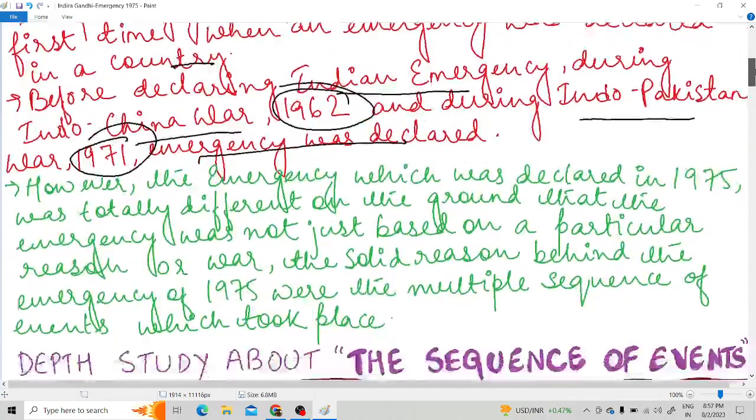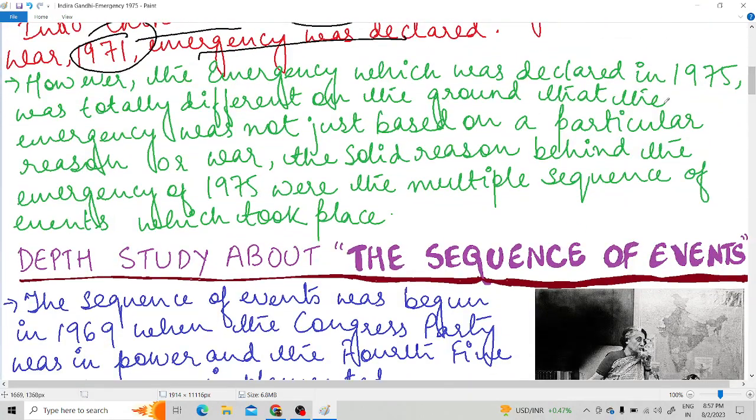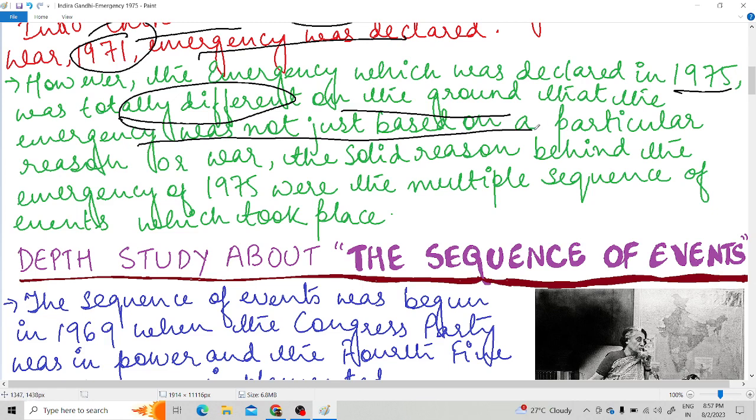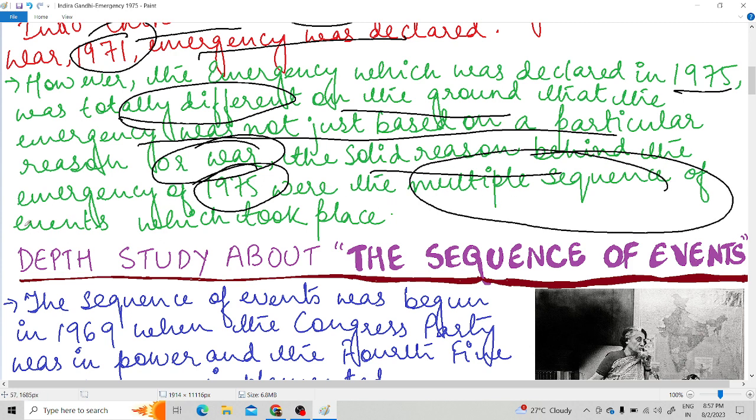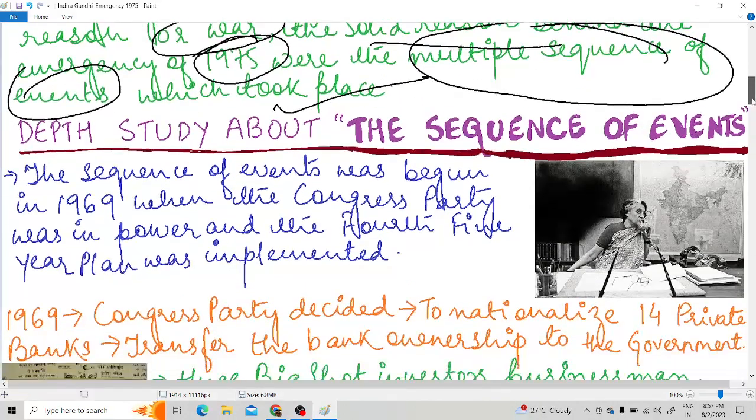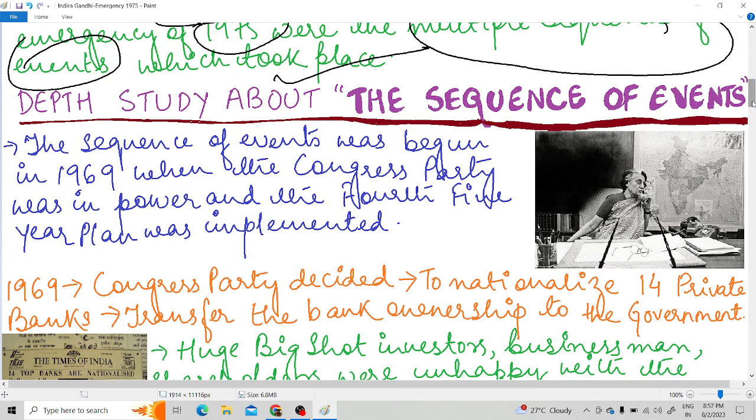However, the emergency which was declared in 1975 was totally different on all grounds, in that the emergency was not just based on a particular reason or war. The solid reason behind the emergency of 1975 was a multiple sequence of events which took place. So, we must understand the sequence of events that led to the calling of an emergency